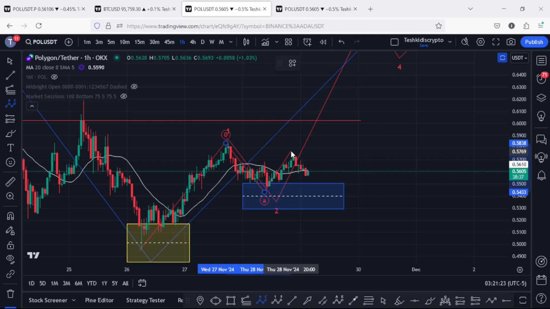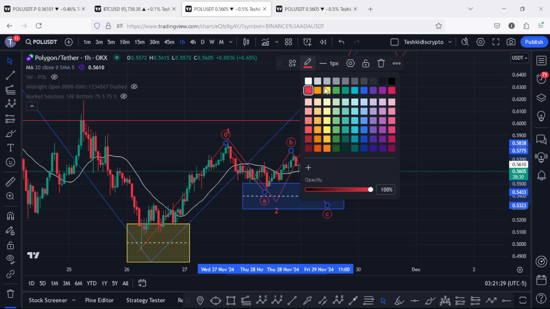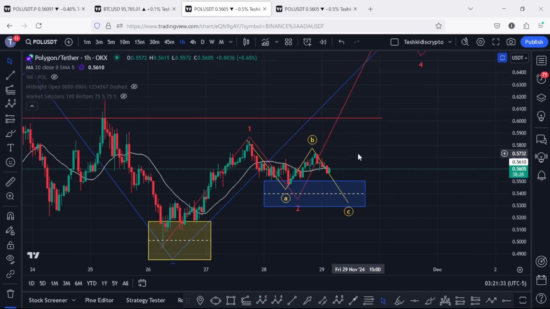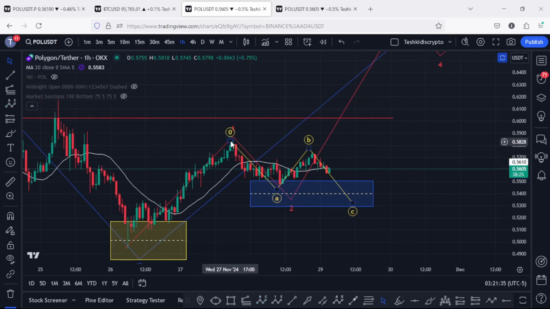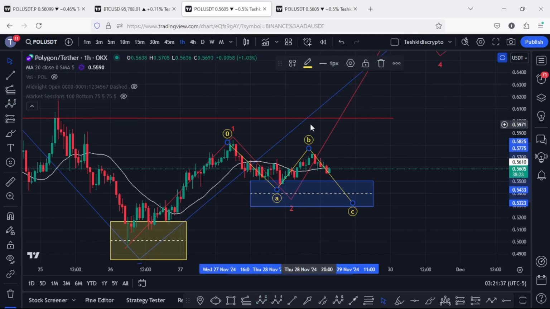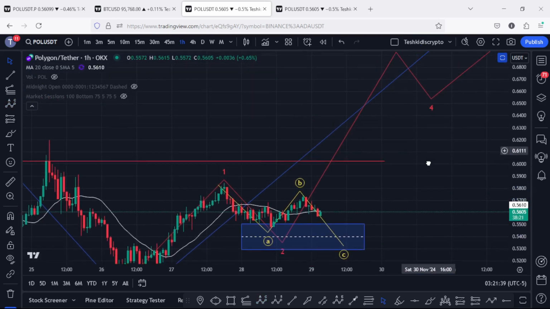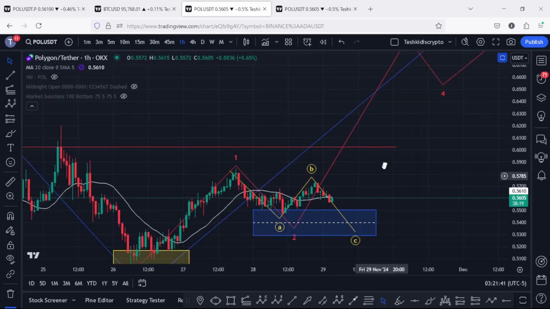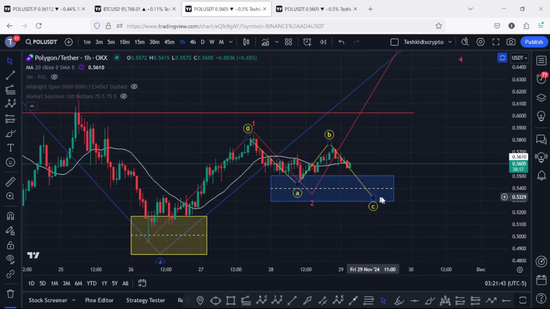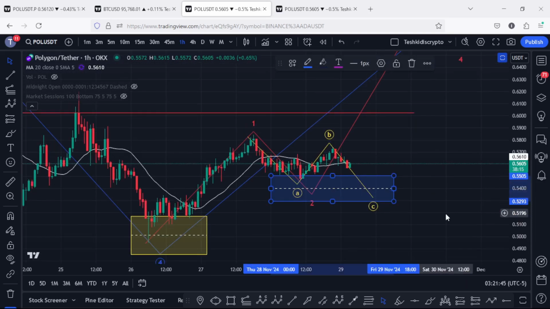Then the bounce over here is a bounce in a wave B, and we can expect one more new low in a wave C, fully maximizing our blue target area. And once we have one more new low for the second wave, we can expect our aggressive bounce to the upside in the formation of this wave 3. And if that is the case, then we need to pay attention to the area between the 0.5505 and the